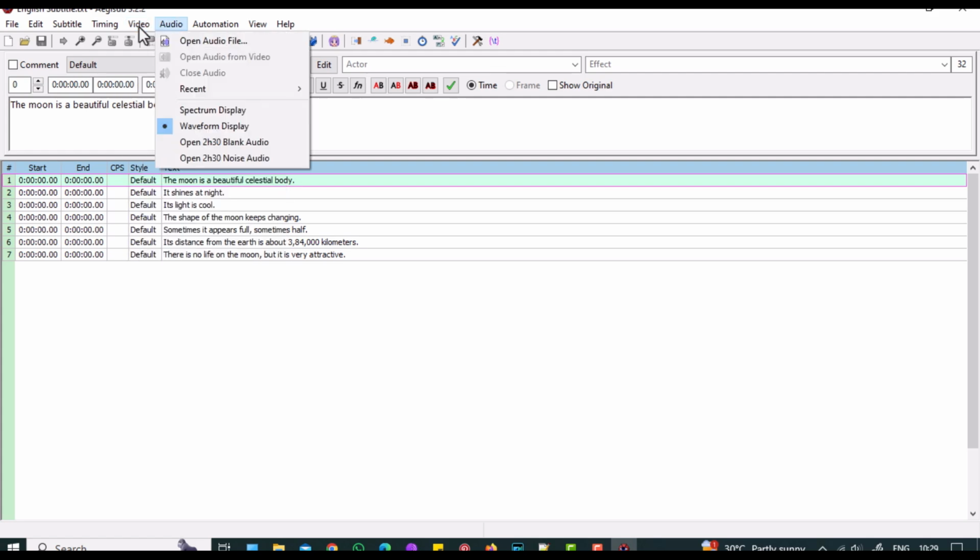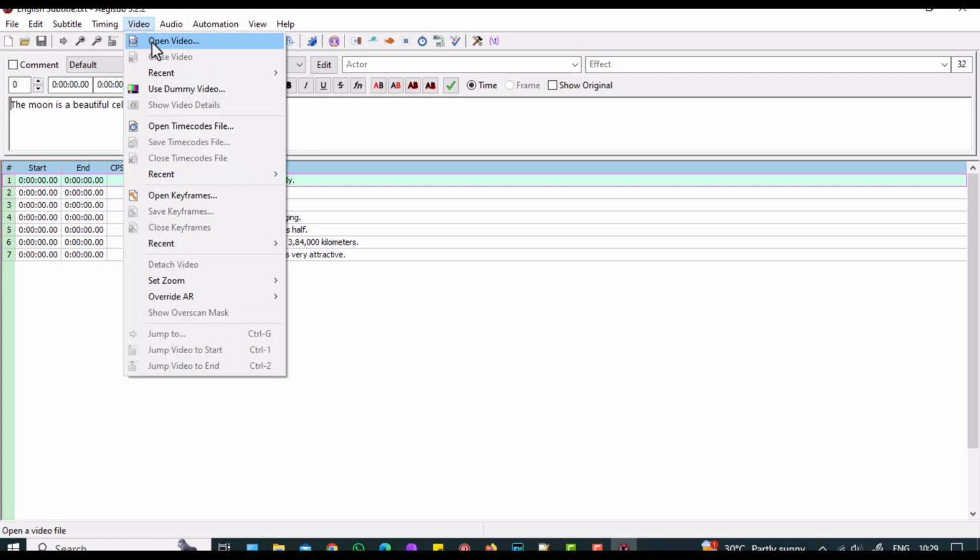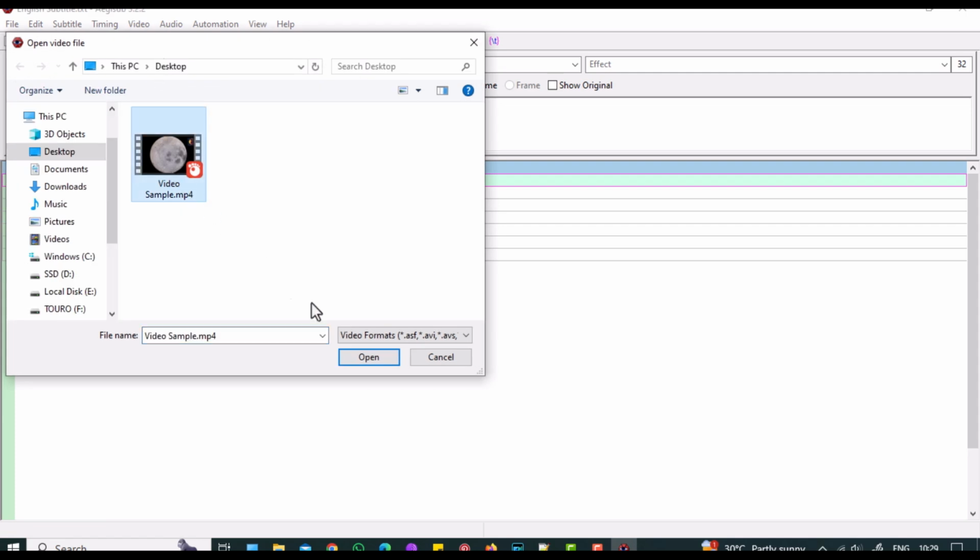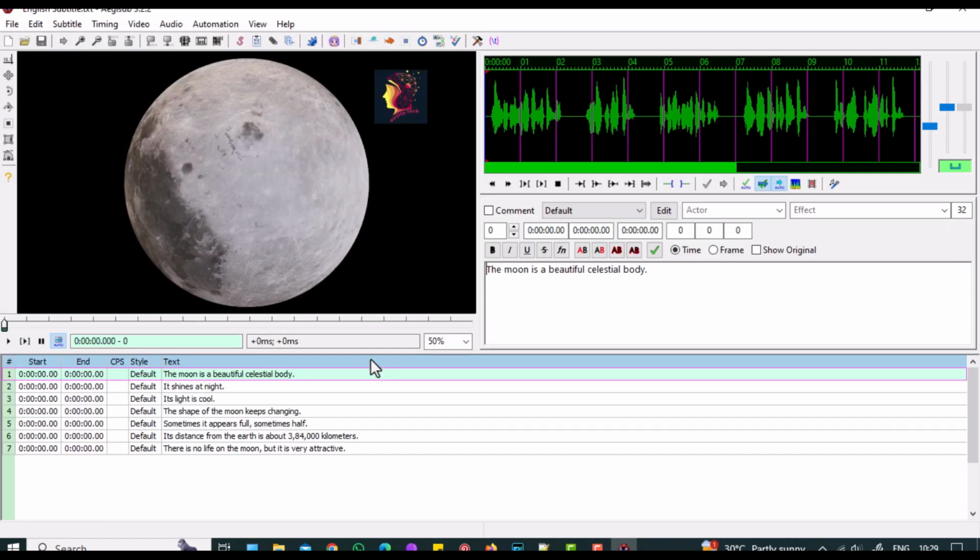Import the video file. You can also import the audio file as the case is. The software generates the waveform of the audio. Left click will mark the start and the right click will mark the end of the particular clip. Pressing space will give the preview of that excerpt.